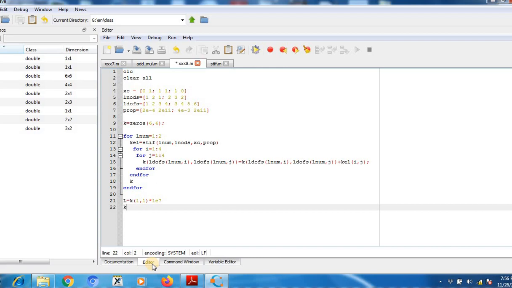Okay, now you put K11 as L, K22 as L, and K55 equal to L, and K66 as L, and your force vector is,